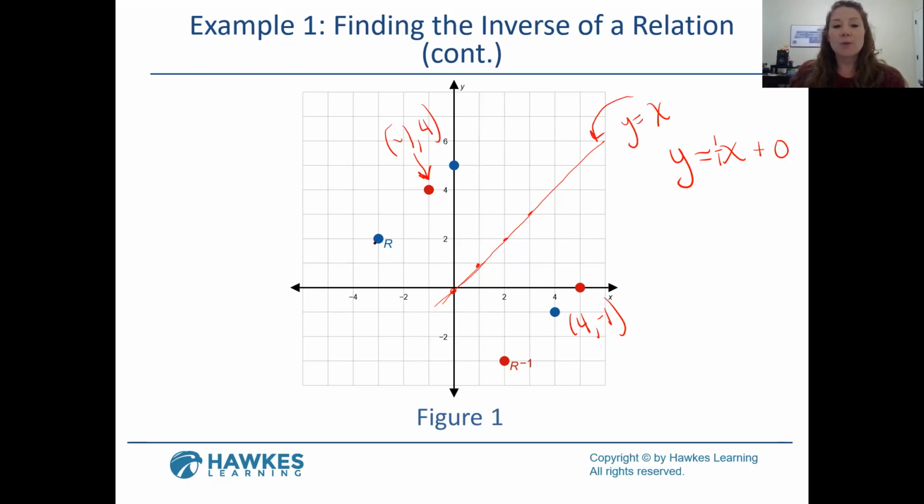All right, what about point R up here? So the original coordinates for point R would be -3, 2. So the inverse of that would be 2, -3, right here. So these are mirror images of each other across this line, y equals x. And then, of course, we have one more